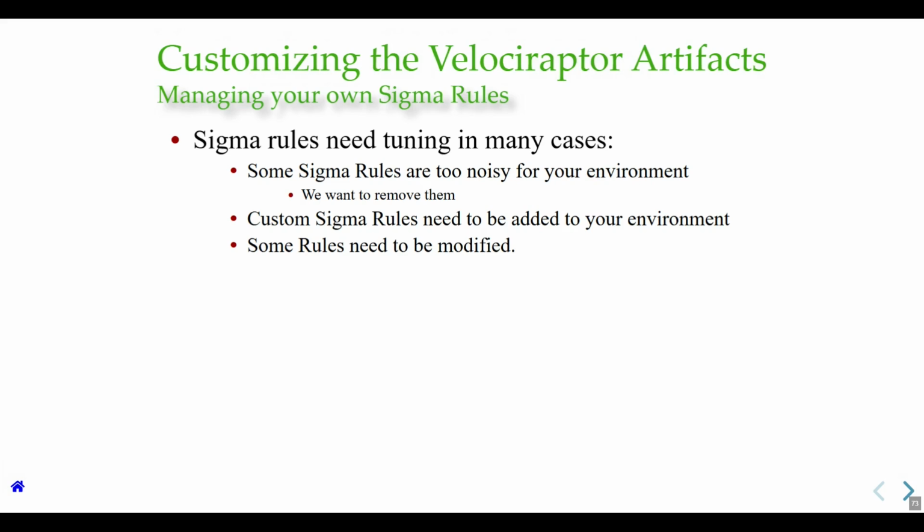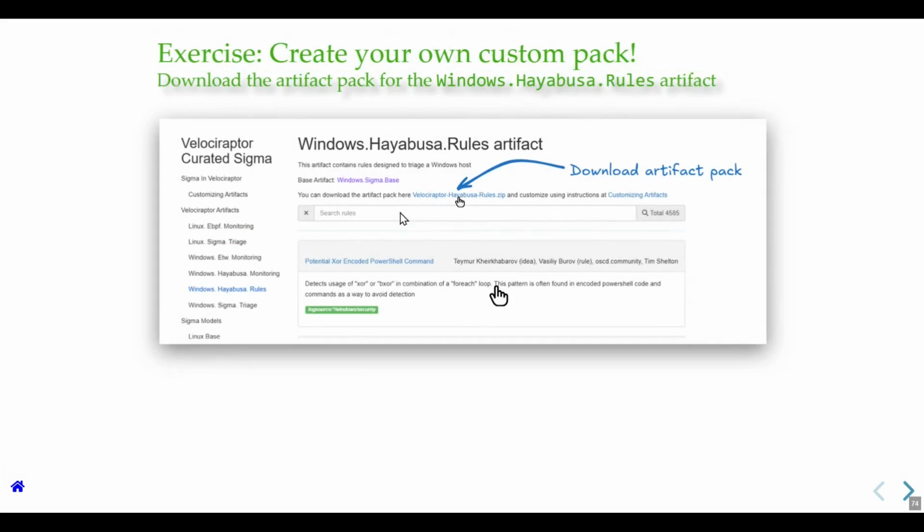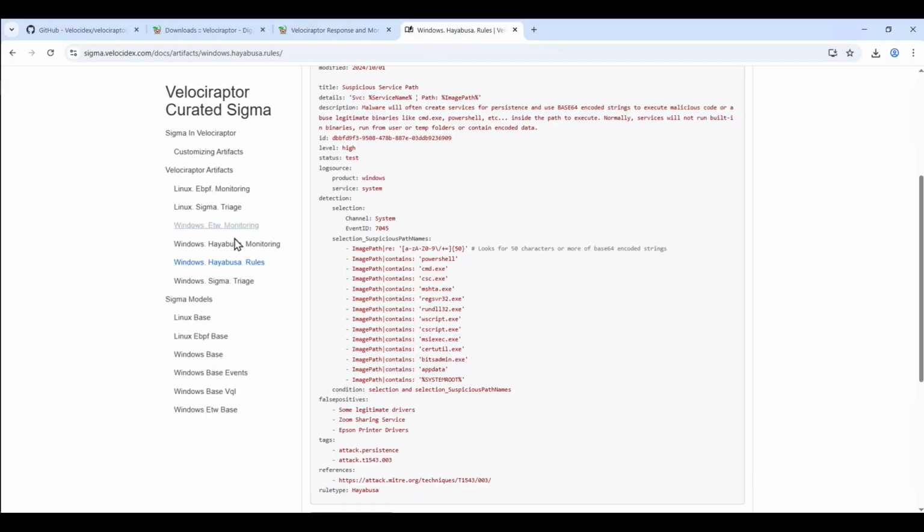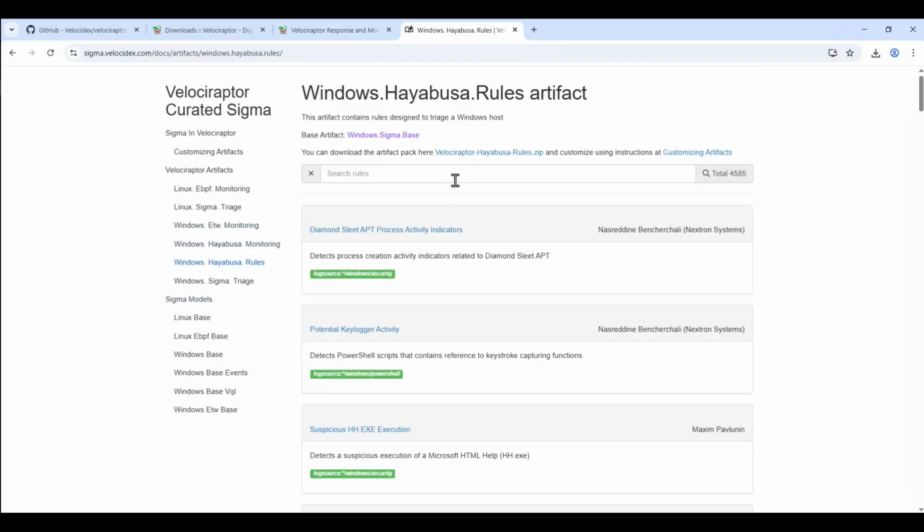All right, so we might want to modify the rules to suit our environment. So what we will do is, first of all, we go to the Sigma website, and then we're going to download the specific artifact pack for this artifact. Okay, so here's the Hayabusa rules, and over here we have the Hayabusa rules.zip file. Here's the full webpage to explain how to customize it, but I'm just going to go through